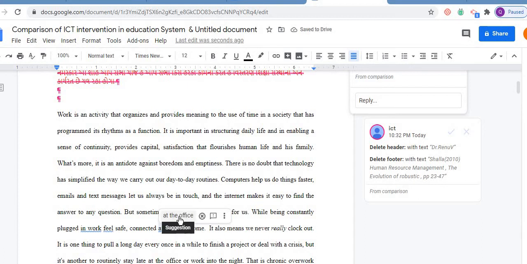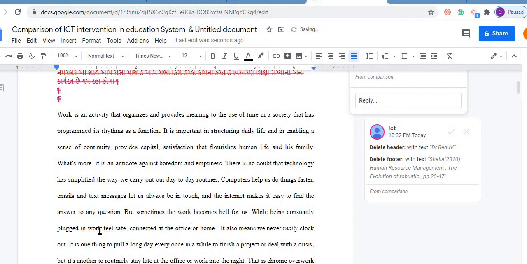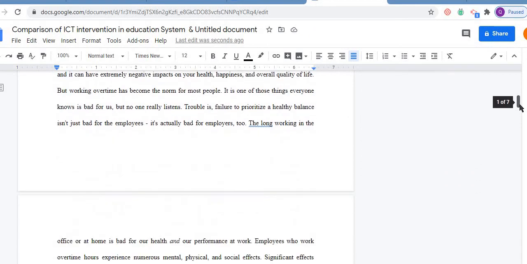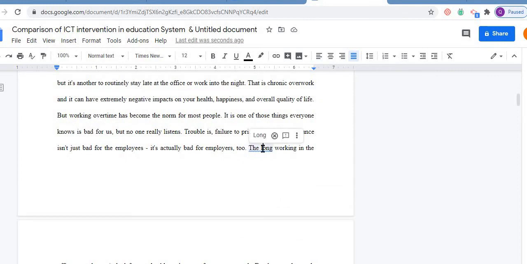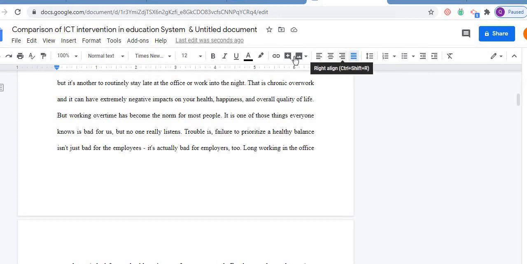This one, at the office, this one, okay. So by default you would be happy to avail this facility. See, long d will not come. So in this way you will automatically be able, this is justify and all that, these are very common, which you know. This is add comment, which I had already discussed with you.